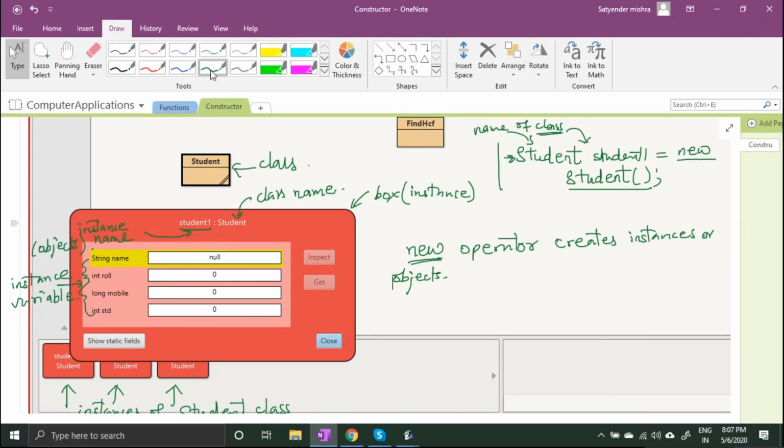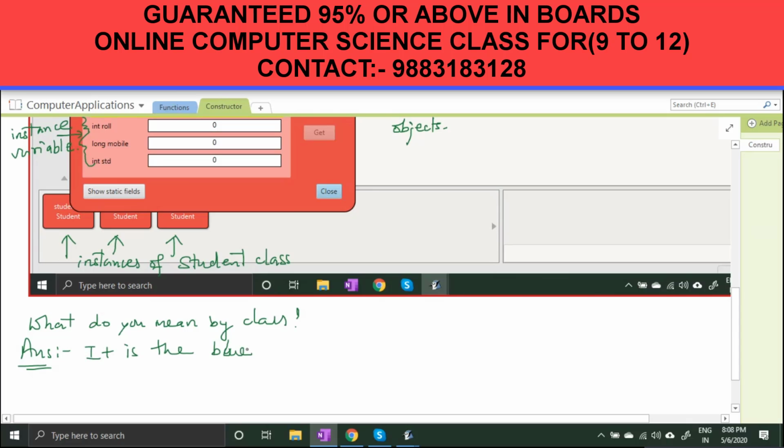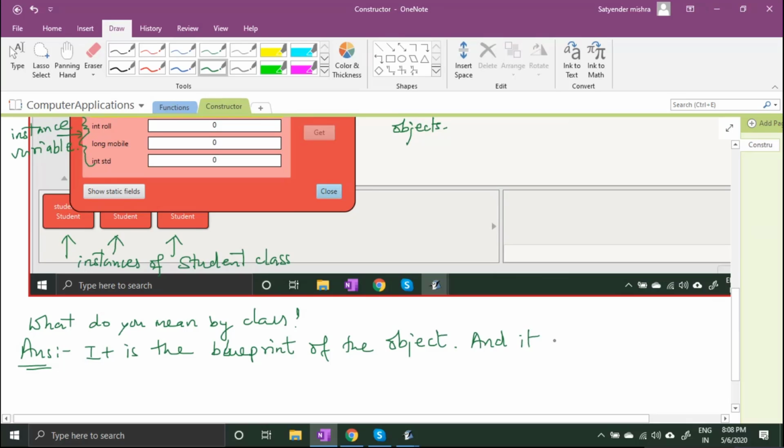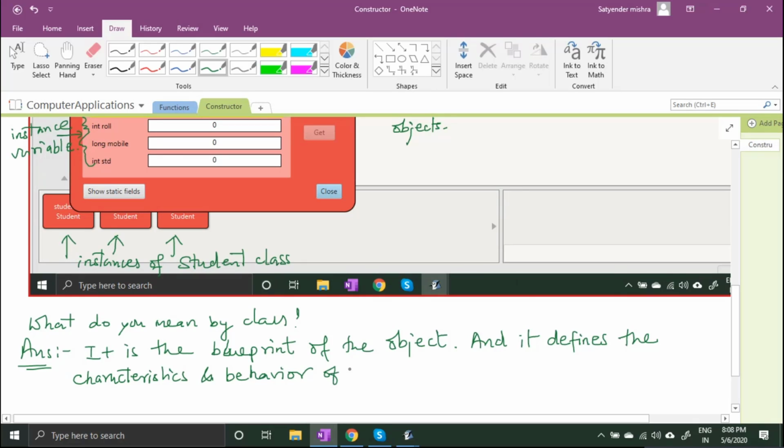So let me write down the definition. What do you mean by class? Answer: it is the blueprint of the object, and it defines the characteristics and behavior of the object, right?